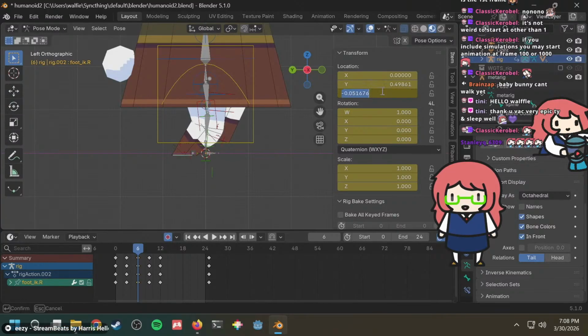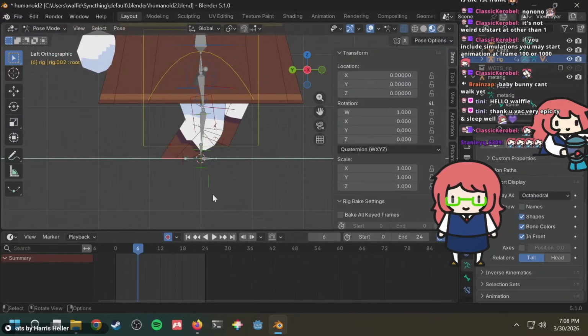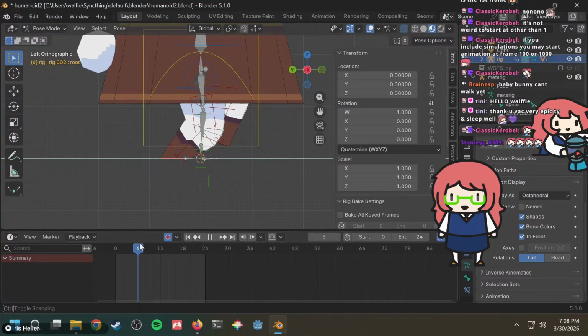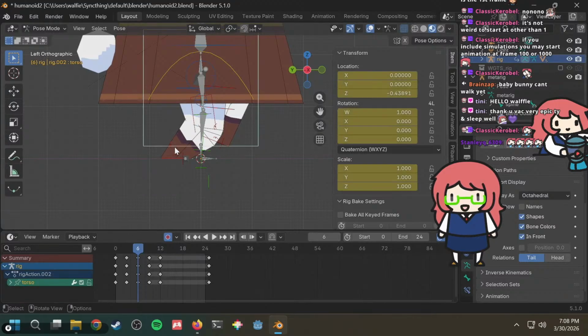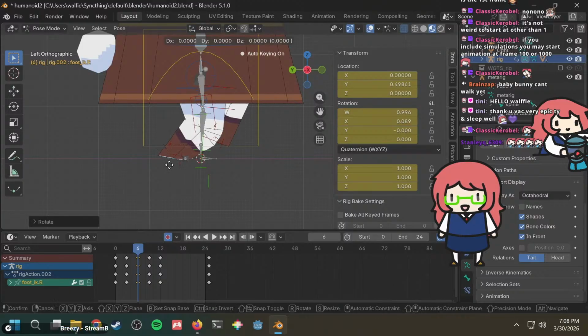You want the Z to be 0. And then what? Maybe not exactly 0. Maybe it could be a little bit more like that, maybe.